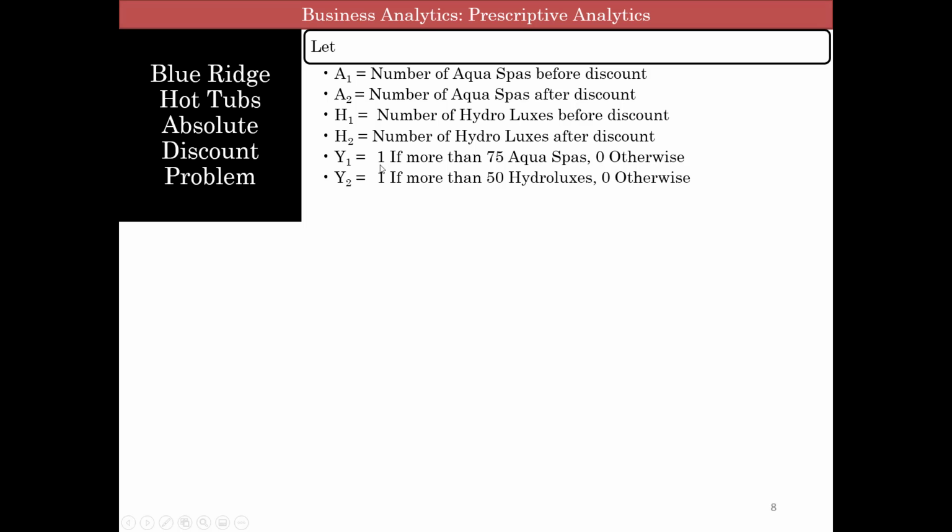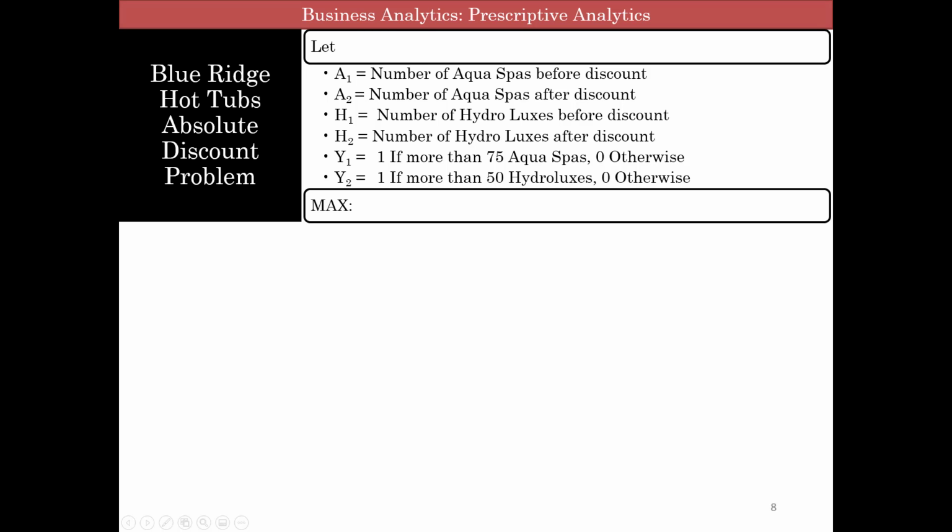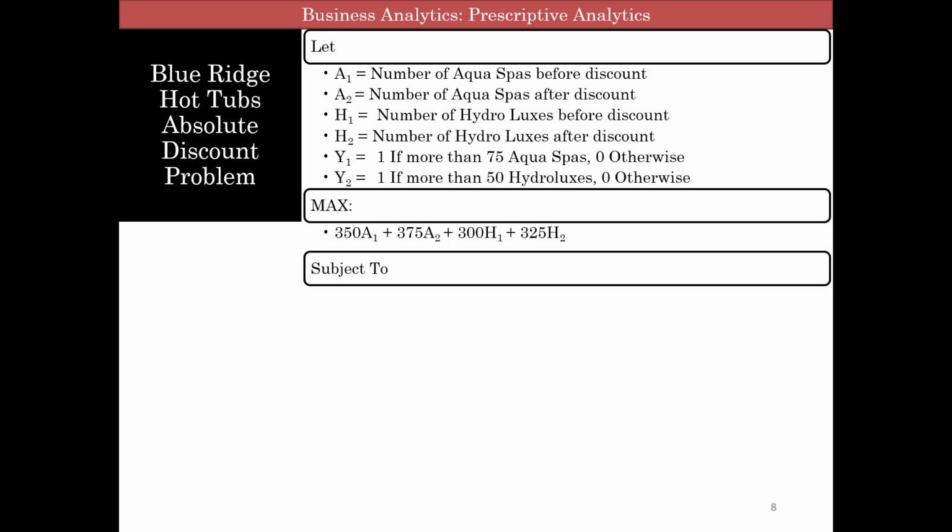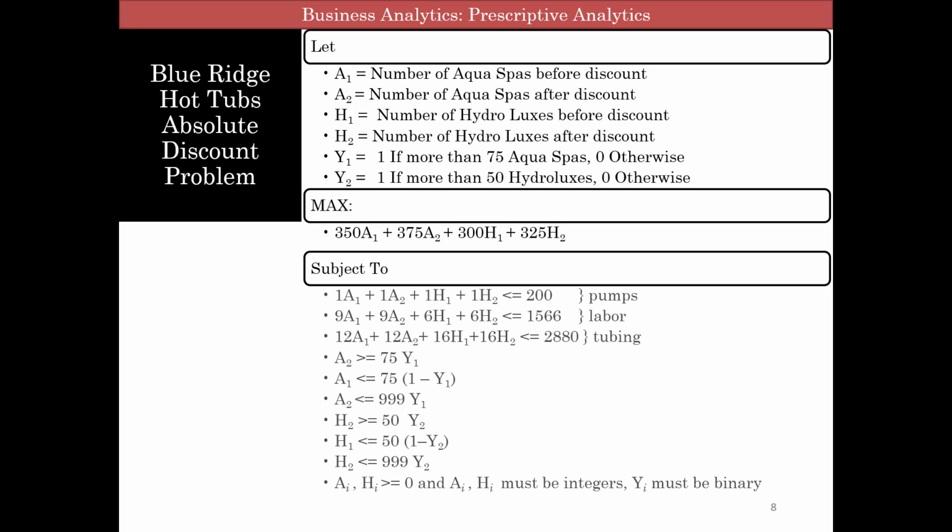When Y1 is 1, A2 will have numbers, A1 will be 0. When Y1 is 0, A2 will be 0, A1 will have numbers. So let's look at how we're going to do that. So maximization, this objective function is the same, but let's focus on these things. There's no change. So let's start with